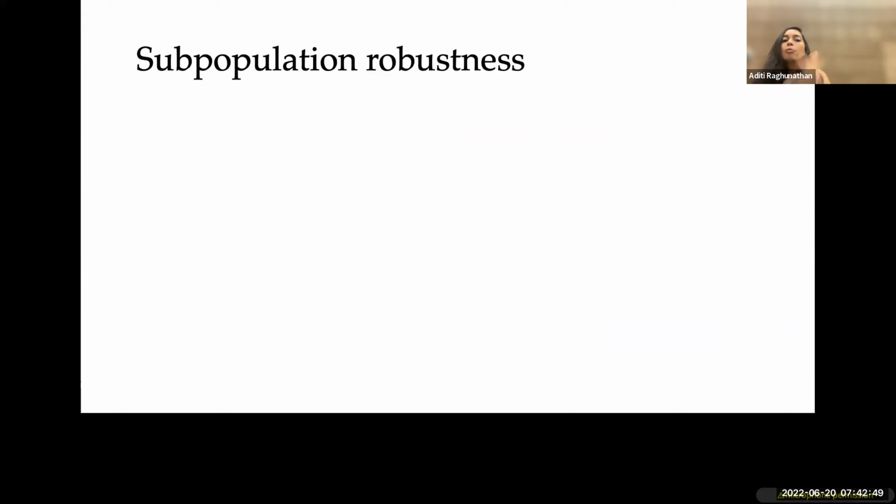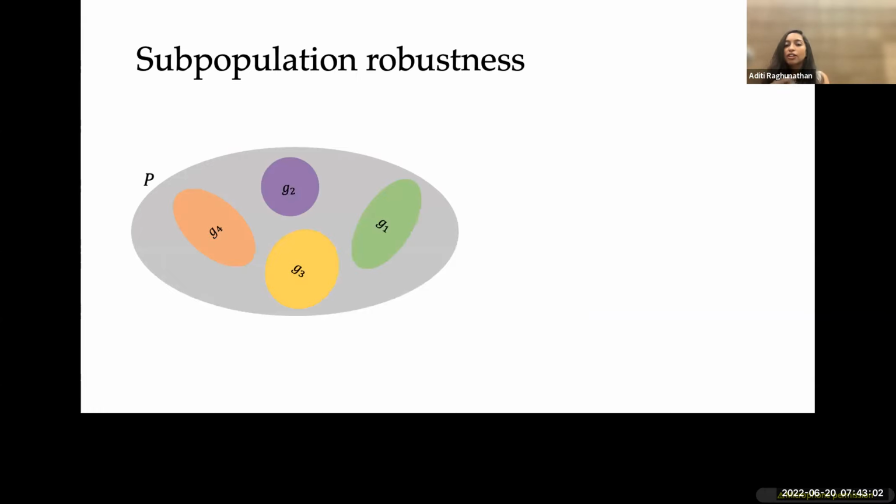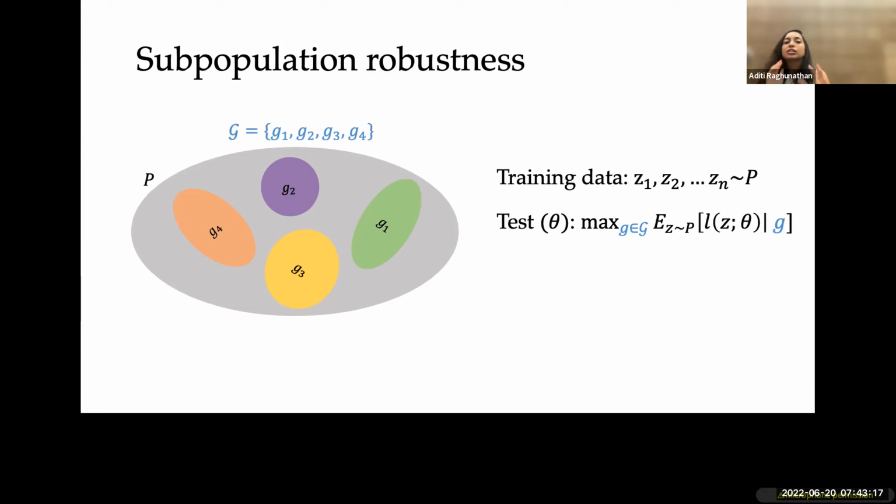Subpopulation robustness is a nice way to think about evaluating robustness to these situations. So we have this distribution P, but it's really not this homogeneous thing. There are subpopulations, or different categories, that we can partition this distribution P into. So there might be these groups, for example. And so we might have training data from P, but it actually comes from all these different groups. And instead of evaluating on just the same distribution P, that is basically some weightage of these different groups, what we want is to make sure that the model does well on each group individually.